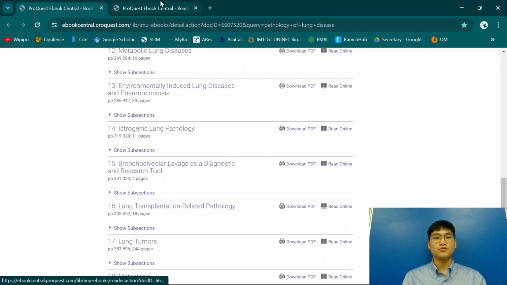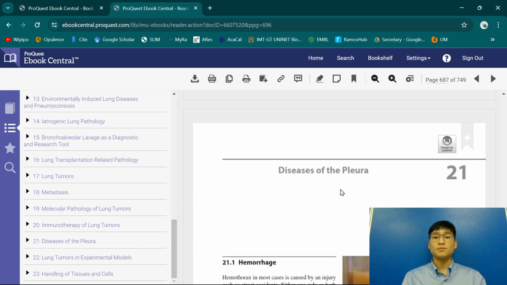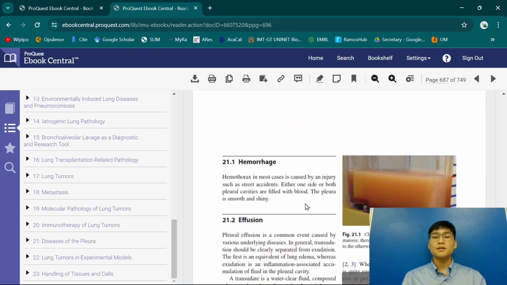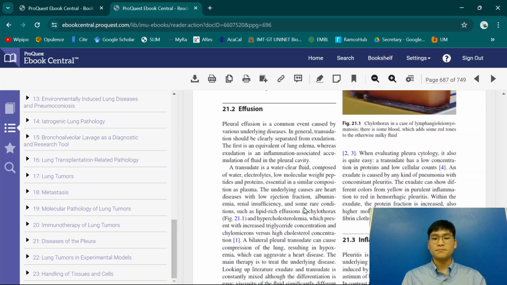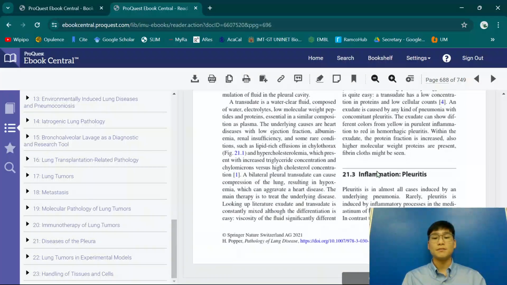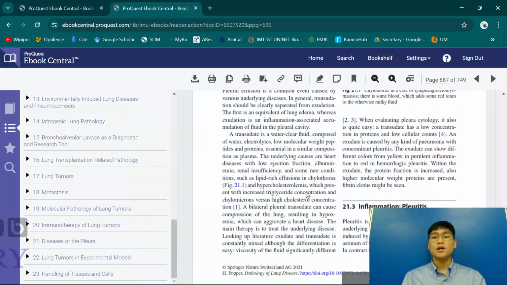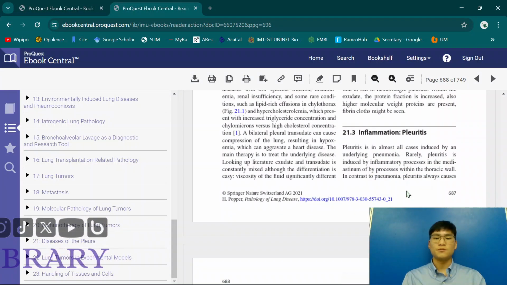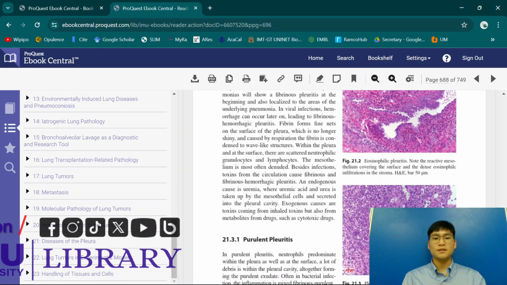So now let's go into one of the chapters here. This is on the diseases of the pleura. The arrangement of this book is such that the reading of it is similar to a research article, but the content of it is very detailed and very in-depth. The chapter on diseases of the pleura already touches on hemorrhage, effusions, inflammation, which is pleuritis, and many